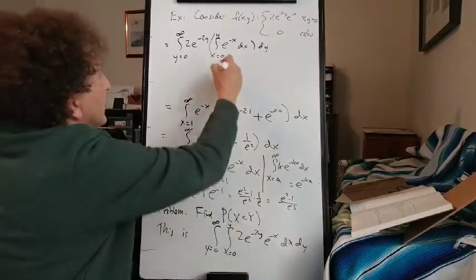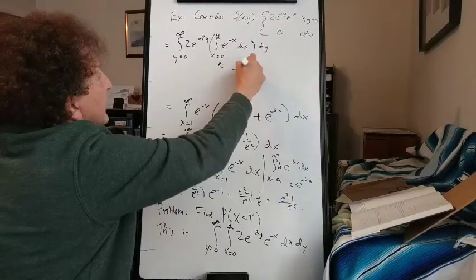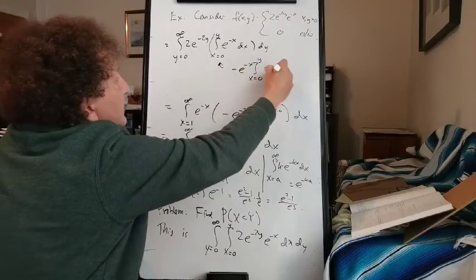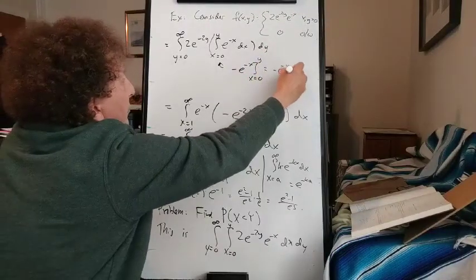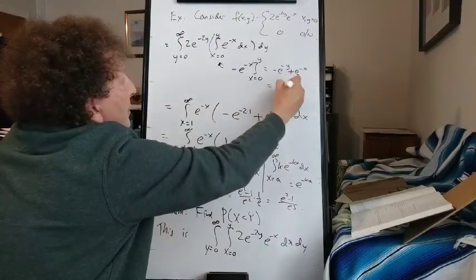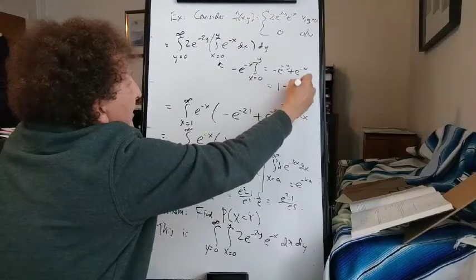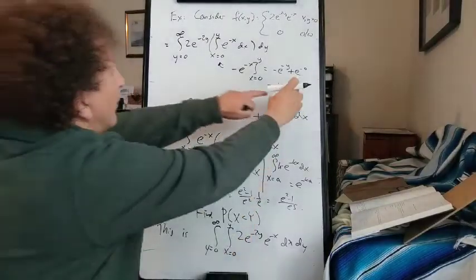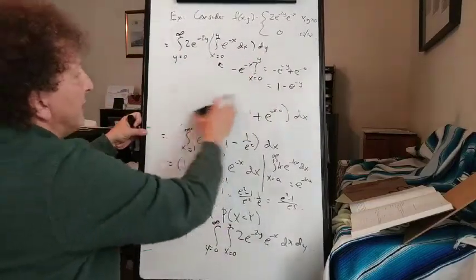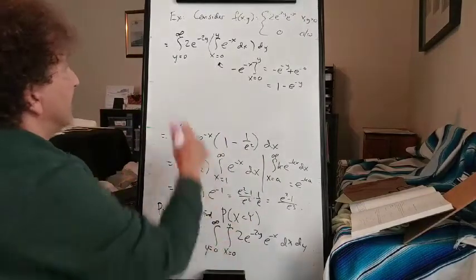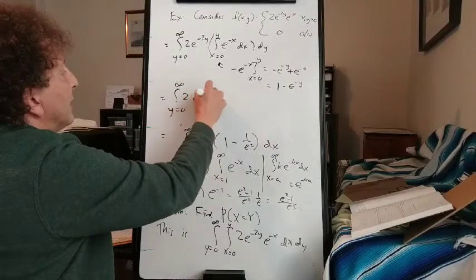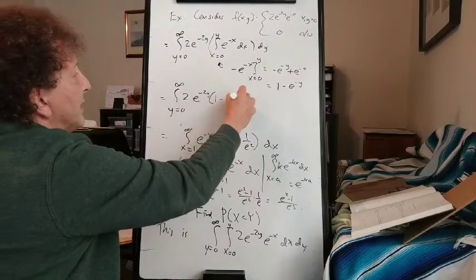Let's see, what's this inside part? This is negative e to the negative x as evaluated from 0 to y, which is negative e to the negative y minus negative e to the negative 0, which is 1 minus e to the negative y. Alright, so if we put that in here, we'll multiply that with 2e to the negative 2y and get the integral from 0 to infinity 2e to the negative 2y times 1 minus e to the negative y,